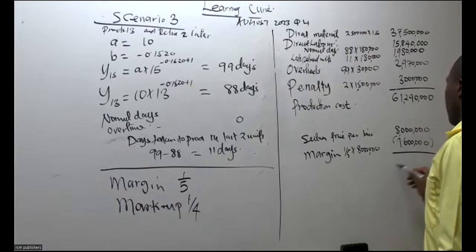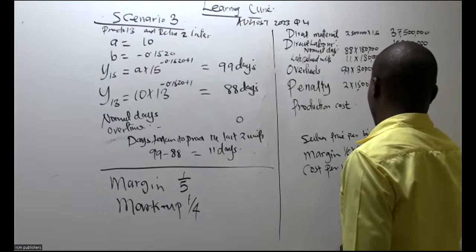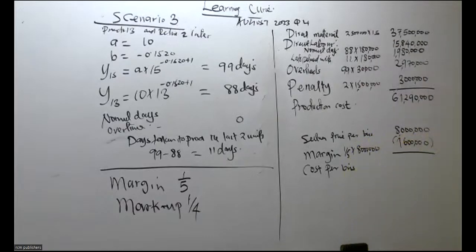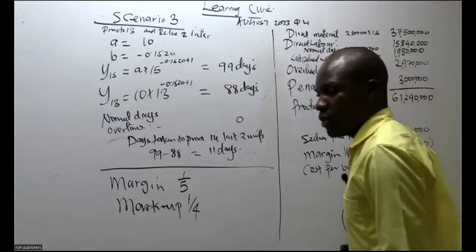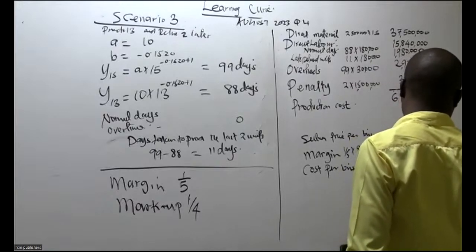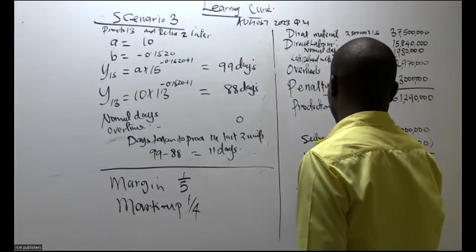Ukitoa hiyo unapata ngapi? Cost per bus unapata ngapi? Unapata 6,400,000. Now, one bus total cost,